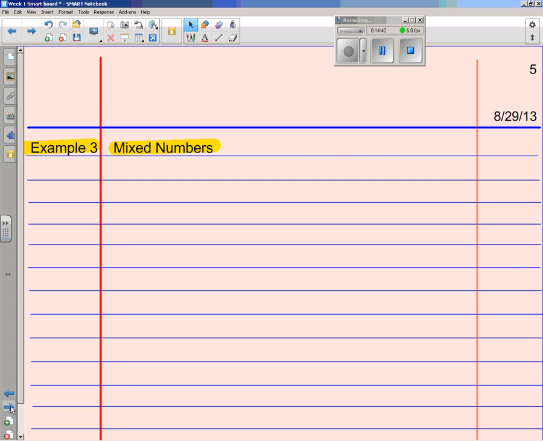The final example from fractions is going to be an example starting with mixed numbers. And this is the one that's going to use every single step from the notes that you